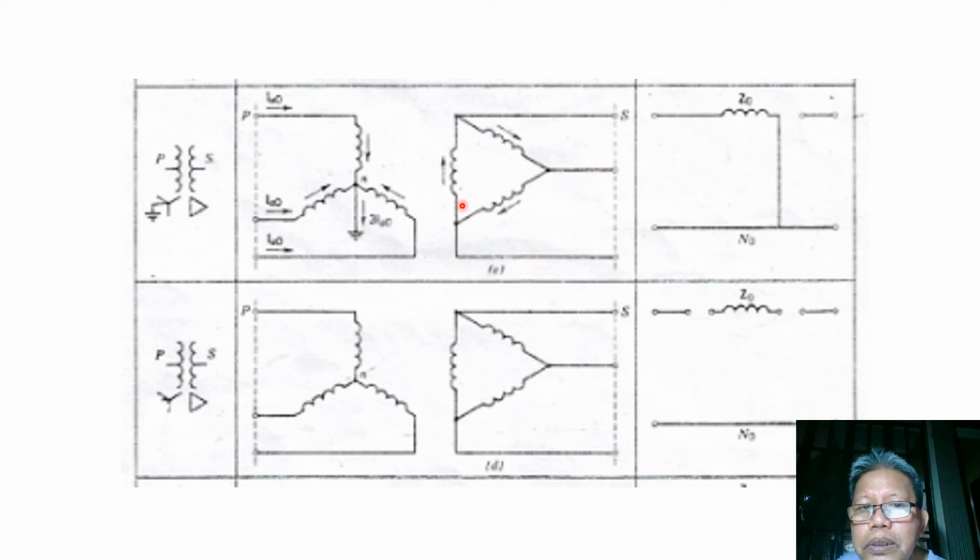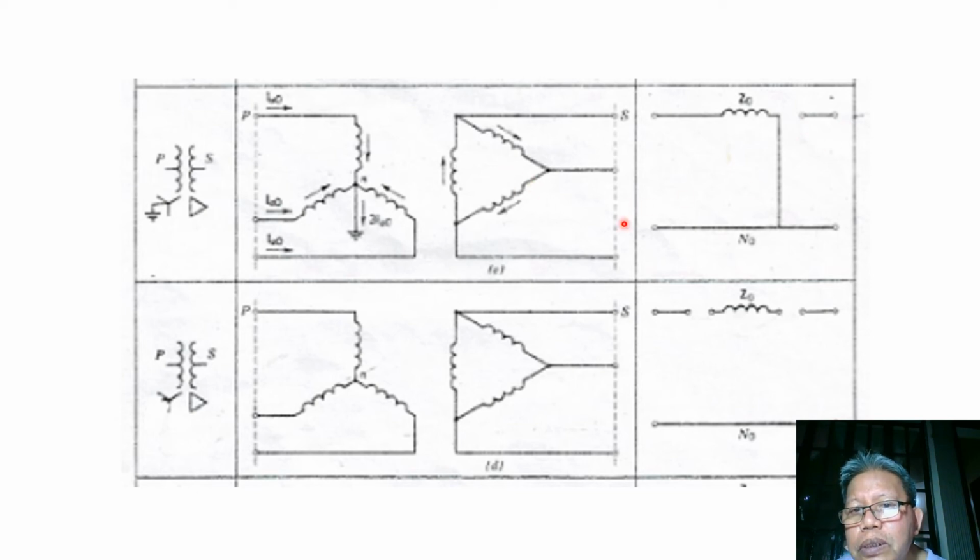So in other words, the short circuit current in our secondary winding cannot go out now from the delta connection. Therefore, between the primary terminals and secondary terminals, it is open, meaning the short circuit current at the primary, especially the zero sequence current, cannot pass through this transformer to the secondary terminal.